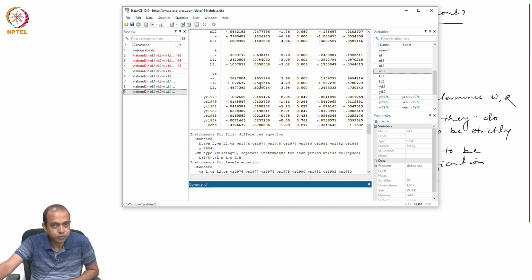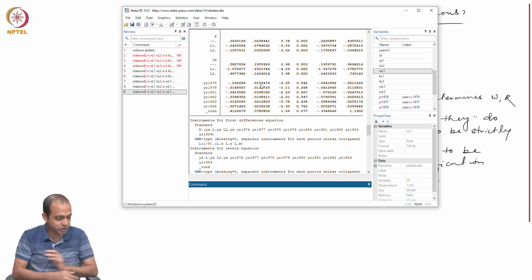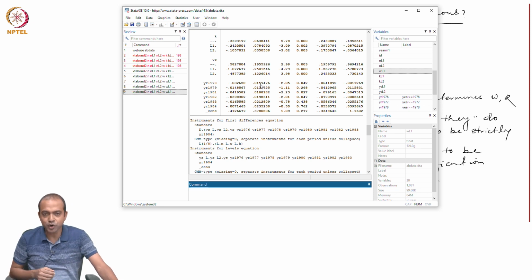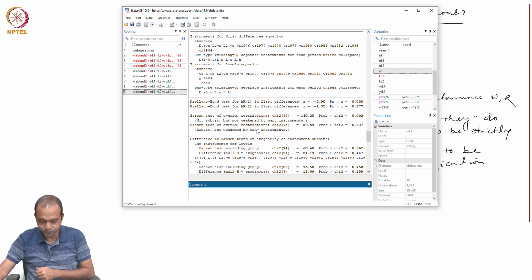For the time being, what I should also convey to you is that so far we are always talking about over identifying restrictions, whether all the instruments are satisfying over identifying restrictions or not. Before we talk about those, that means the second post estimation checkup, even though they are satisfied here, look here, the Hansen test of over identifying restrictions is 0.637. So, what is the null hypothesis? The null hypothesis is that over identifying restrictions are valid. So, we are unable to reject the null, but Sargan rejects the null hypothesis.